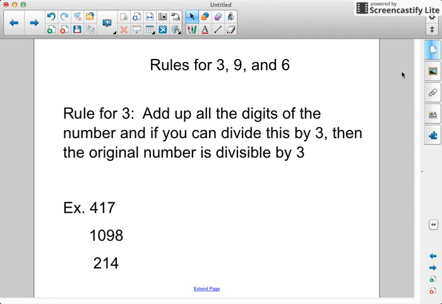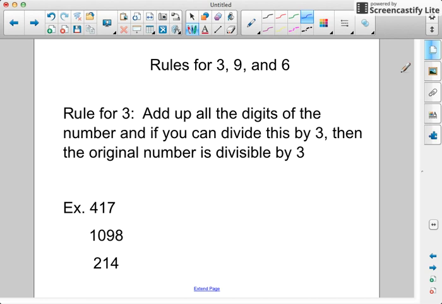All right, we're going to look at divisibility rules for 3, 9, and 6 right now. The rule for 3 is you can add up all the digits of the number, and if that number is divisible by 3, then the original number is also divisible by 3. This is kind of a trick to help you quickly find out if it's divisible by 3. So if we look at these examples,